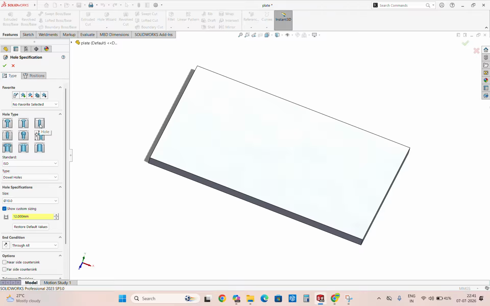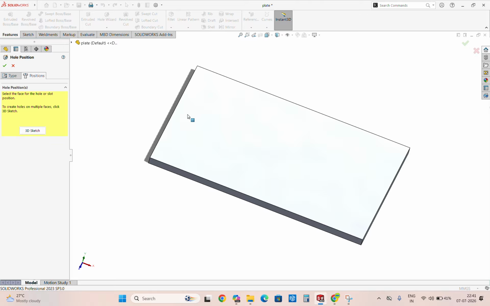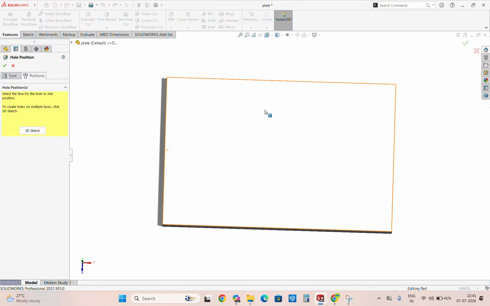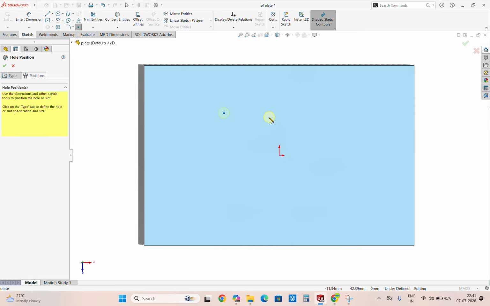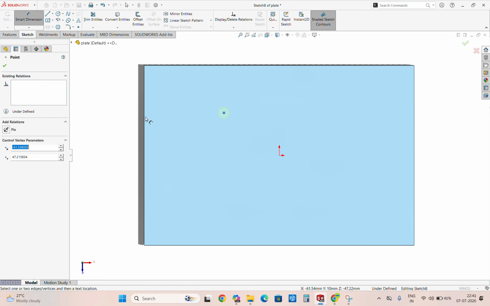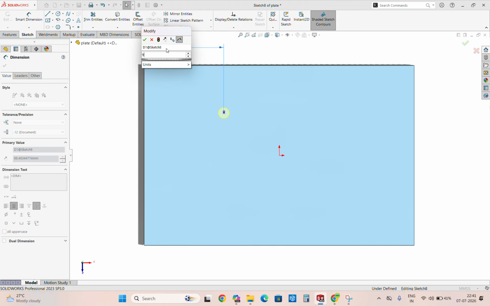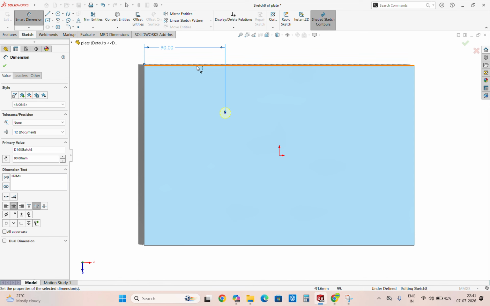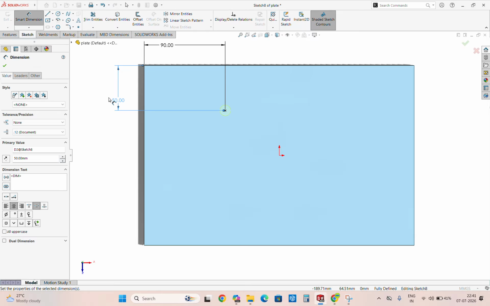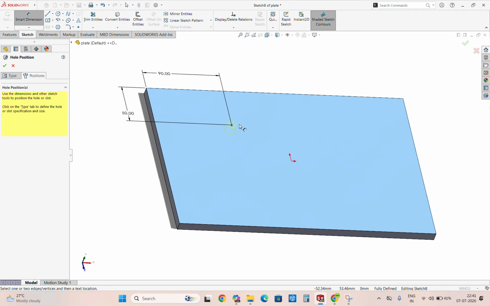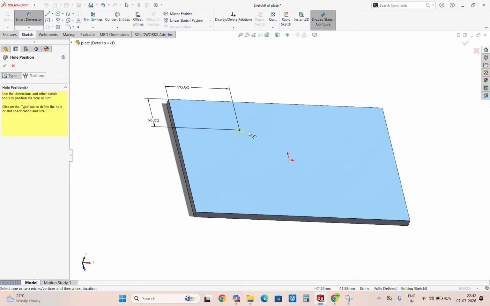Click on the hole type and then click on positions. Put the point anywhere on the surface. Okay, now define this hole. Hole is defined, and